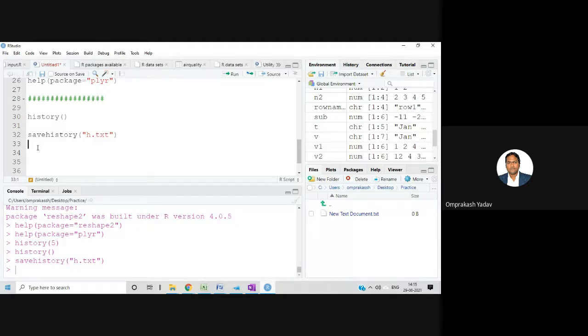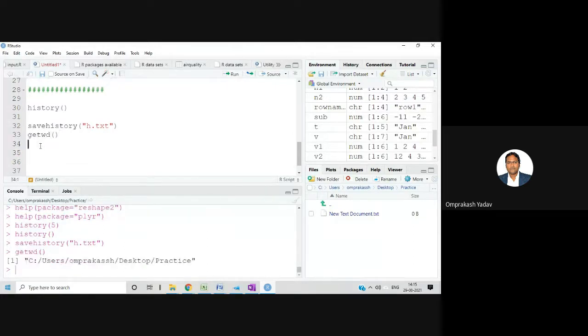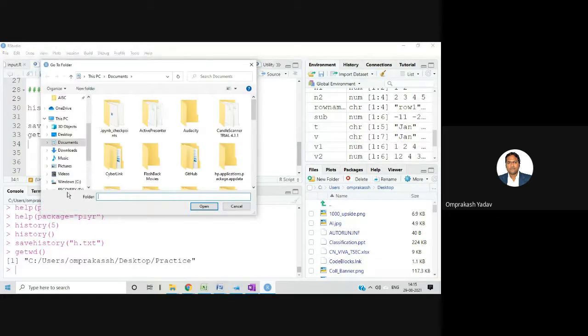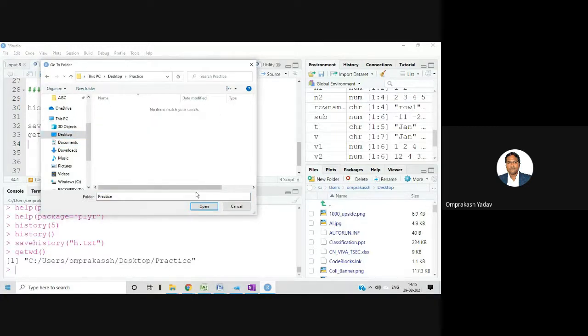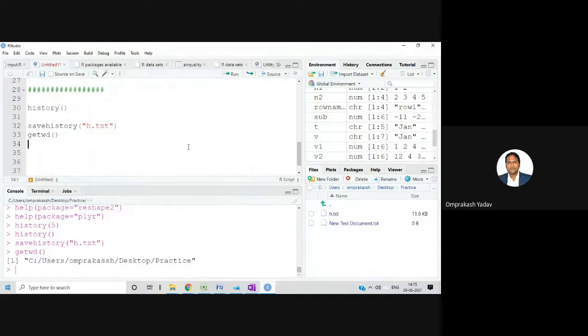My current working directory is... it's not displaying. Let me check again. Yeah, now I just refreshed it and it went over there. This h.txt file is created. So you can go to your folder directly and check it.